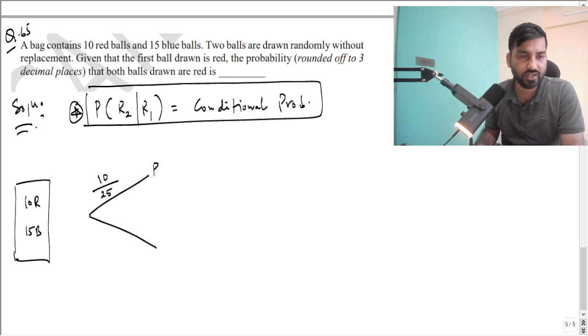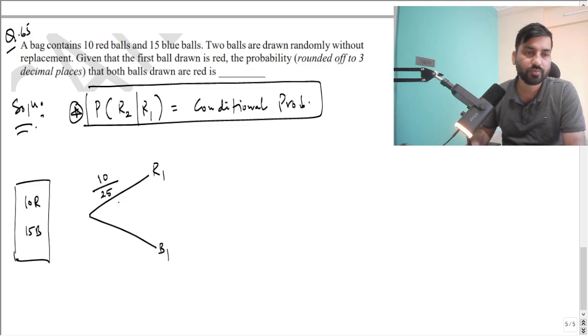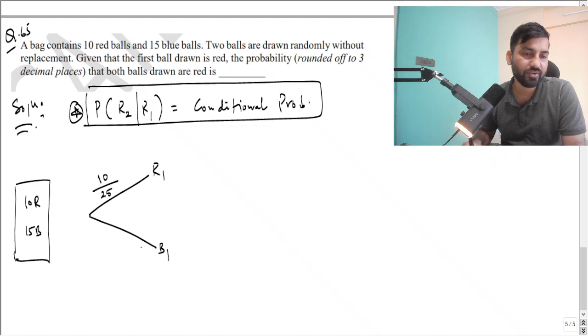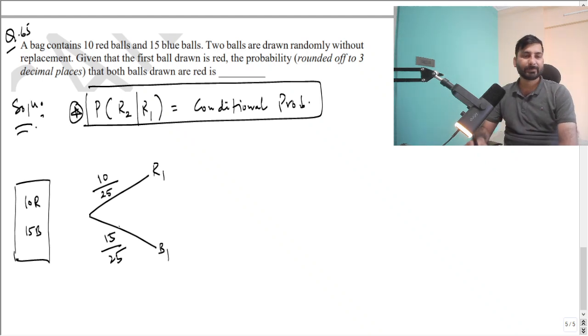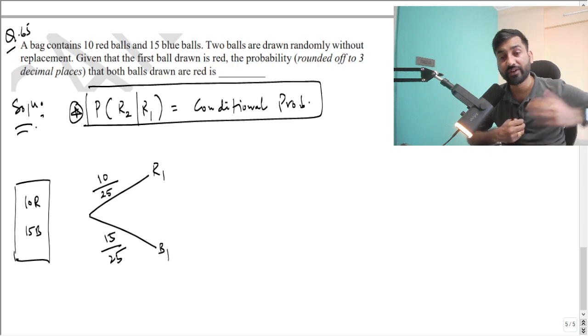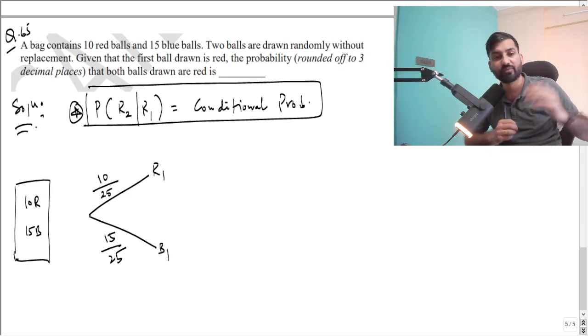So you have got red here, R1 you can say. And the probability of taking out a blue ball is nothing but 15 by 25. If you add these, the total probability is going to be 1 only, right? So the probability of taking out R1 and the probability of taking out